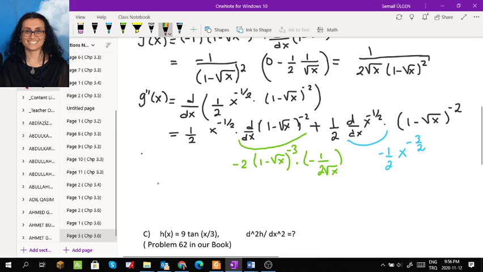So g double prime at x is going to be equal to 1 over 2, 1 over square root of x, and this one is positive 2 because I have negative. So we have plus 2 here, negative 2 times negative 1, and then we have,